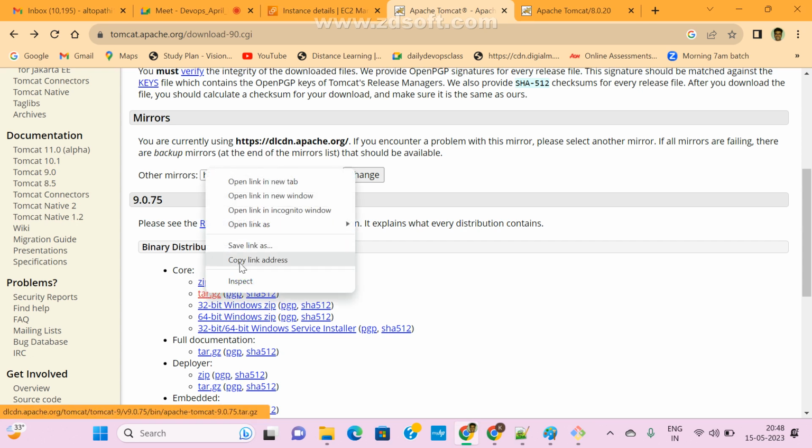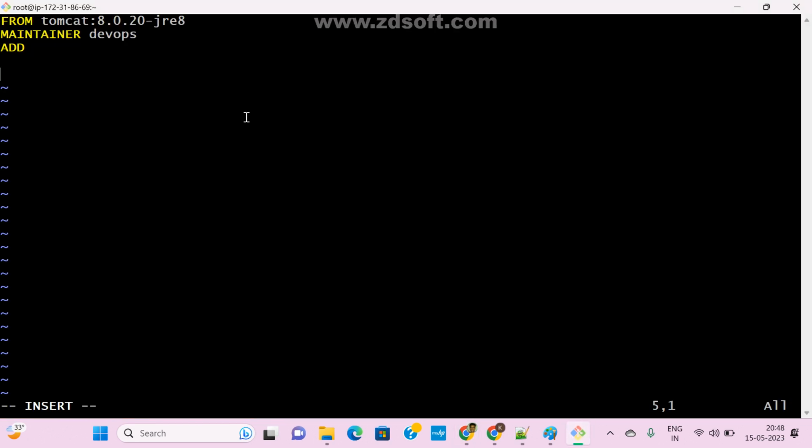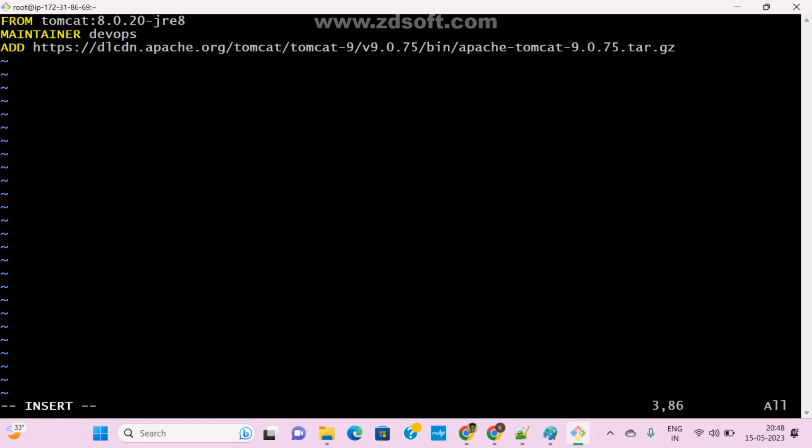So right click, copy this address link, coming to here, space and just paste it. And where do you want to download? Tell me the destination. This is the source and destination. Where do you want, temp directory or opt? I am giving the opt directory. Wherever you want, we can give it.